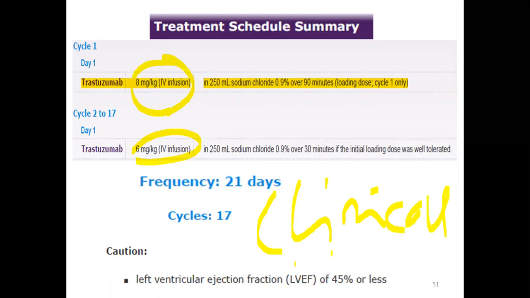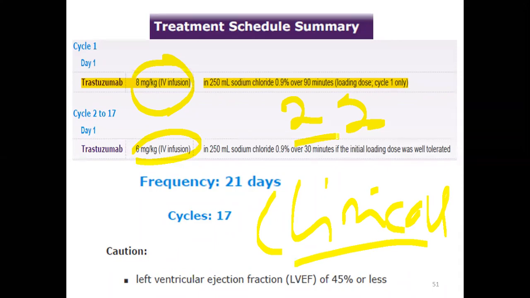So have you seen even the COVID vaccine? You have to take 2 doses to be fully immune. If you give 1 dose, you don't have full immunity. Yeah, if you see the hepatitis B vaccine, you have to take 3 doses to be actually fully immune. So for this one to fully effectively suppress and reduce risk of recurrence, this is the maximum duration of treatment you are going to give.